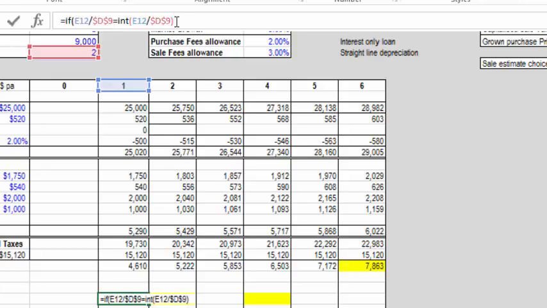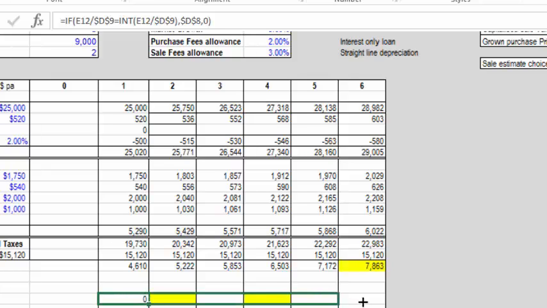Okay, so if the year I'm in divided by the number of years of economic life basically is an integer, comma, then I will import the cost of the depreciable inclusions, the capital expenditure. I'm going to absolute that, otherwise it will be 0, and close brackets, hit enter,